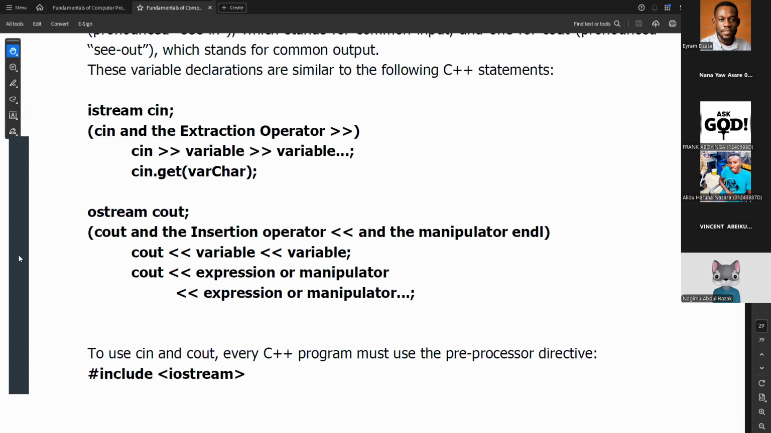All right, before we look at the examples, the input stream, which is the cin, follows this particular order. Anytime you use it, you use the double greater than sign. So cin, and then we call it the extraction operator, to accept the value from the keyboard. And you can also use cin.get. Then when it comes to the output stream, we use the cout with the double less than sign,